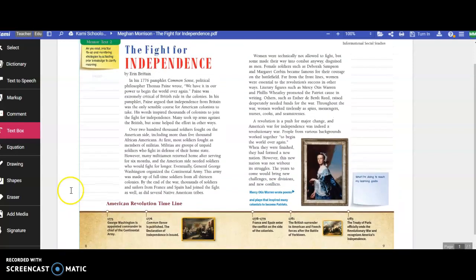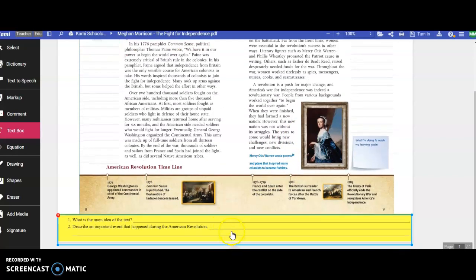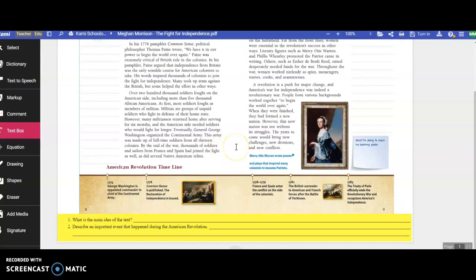Don't just tell me, like, women helped. Okay, that's an event that happened. Yes, women helped, but give me a specific woman who helped. Just a little more detail. Notice how I gave you 2 lines. So if you just give me 2 words on 2 lines, that's a good clue that you should write a little more.